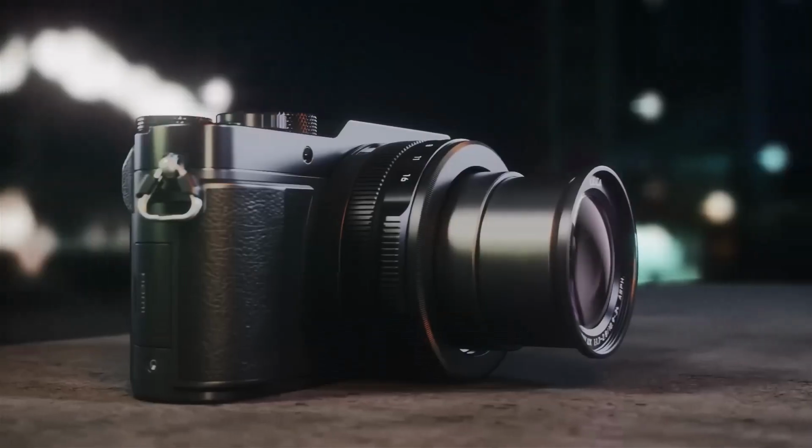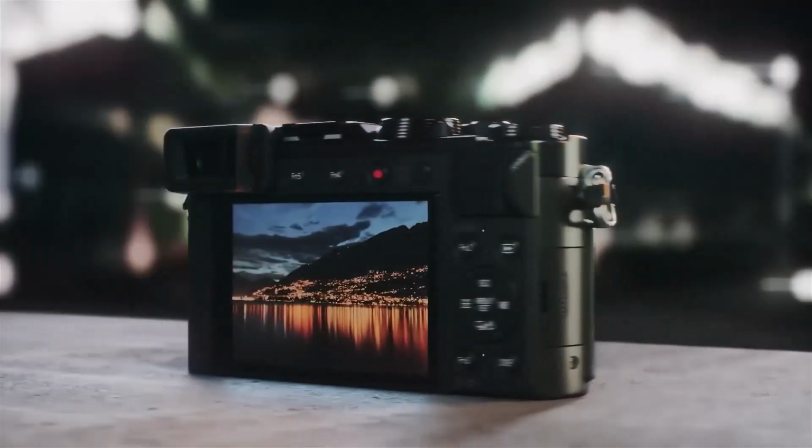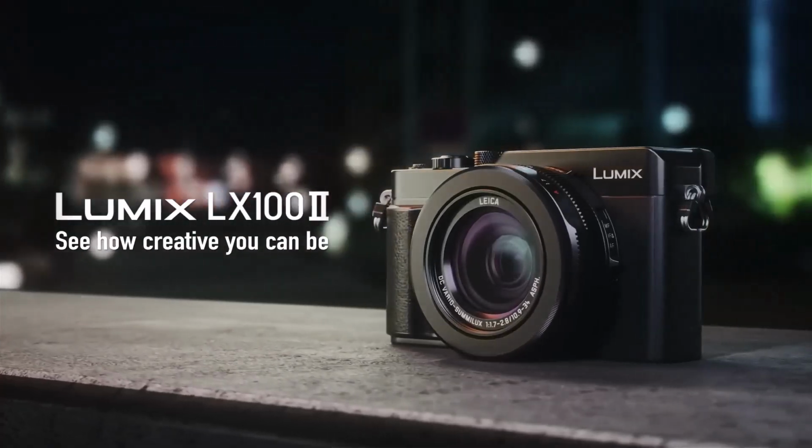4K video and photo capabilities. Panasonic's exclusive 4K photo technology enables users to capture 30 frames per second in high-resolution 4K Ultra HD video and then extract